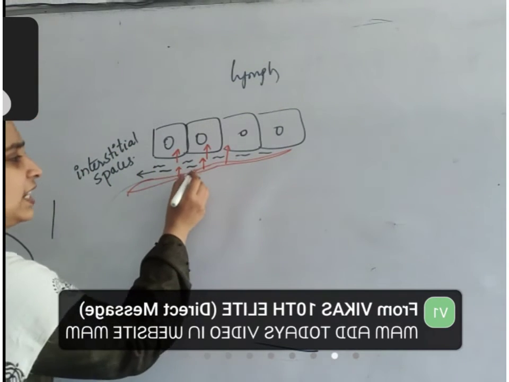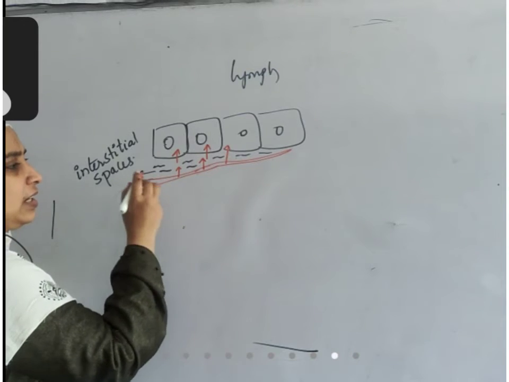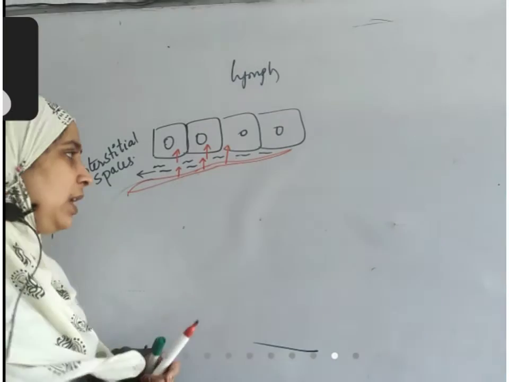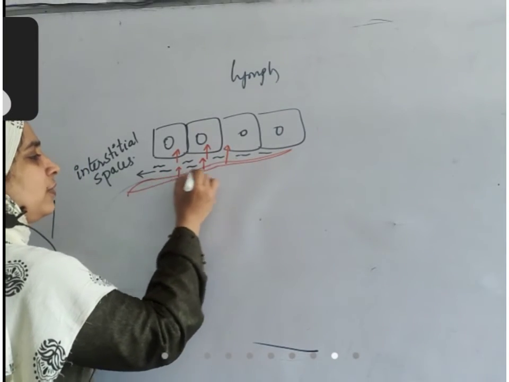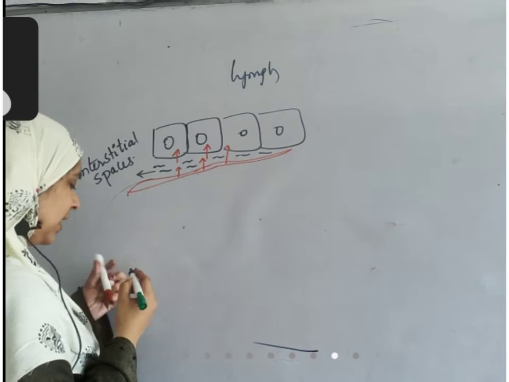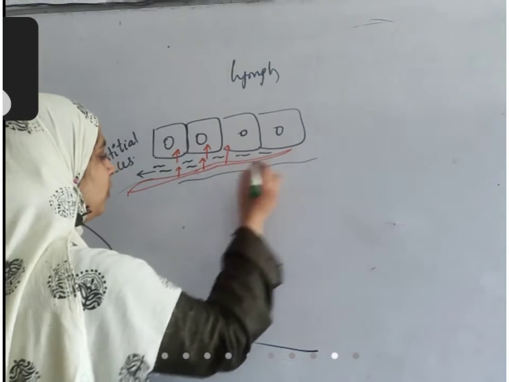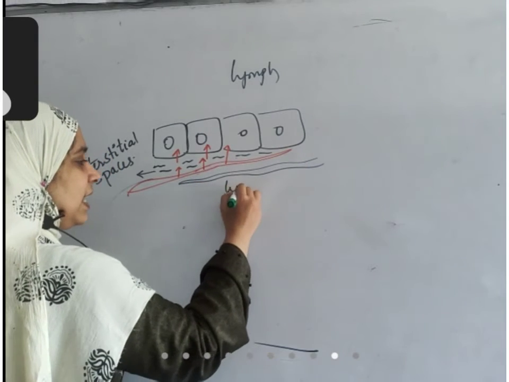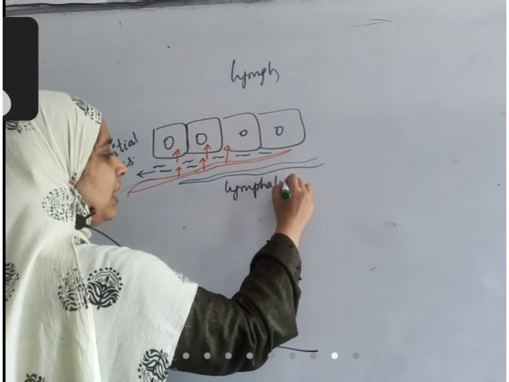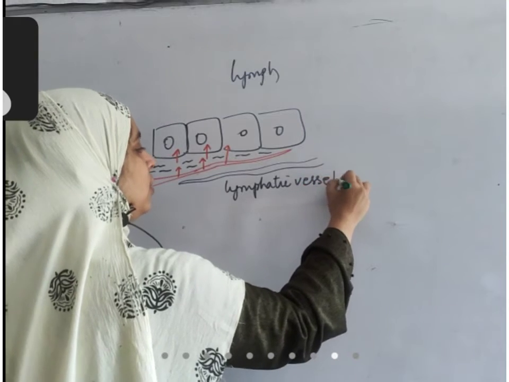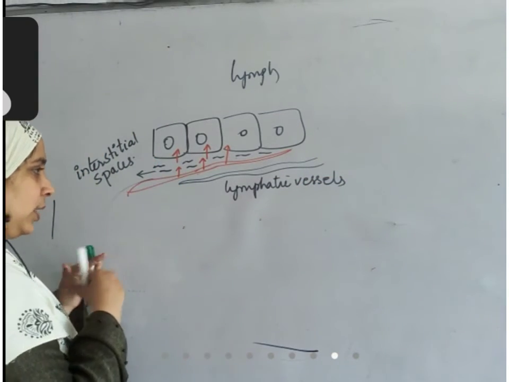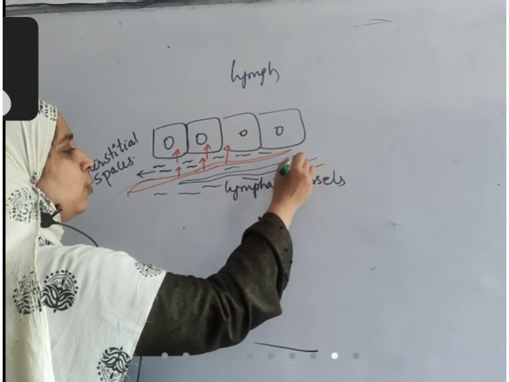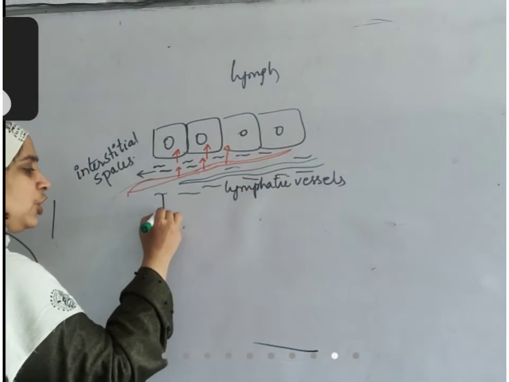This fluid that is left back is nothing but plasma. It is the plasma of this blood. So in the same area there is distribution of another type of vessels. These are called lymphatic vessels. This leftover liquid is spread in all places. This leftover liquid is called tissue fluid.